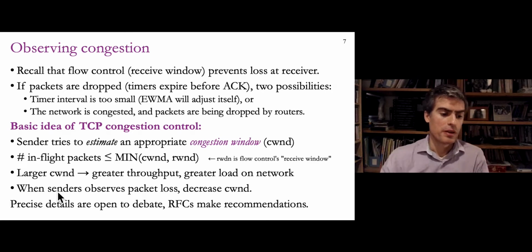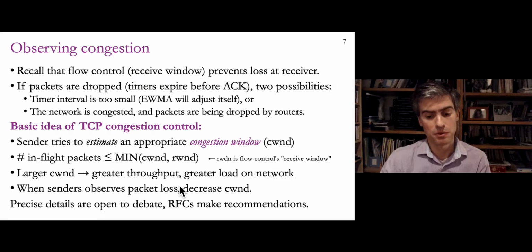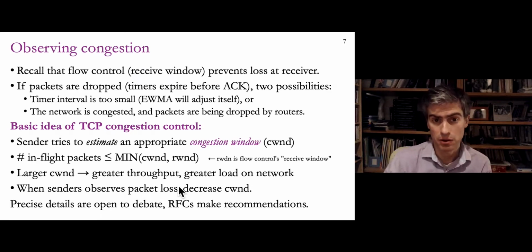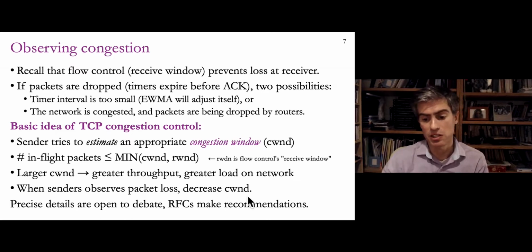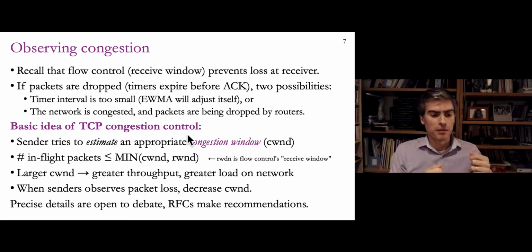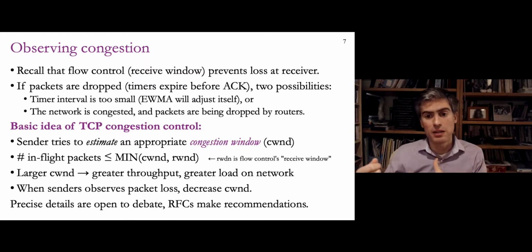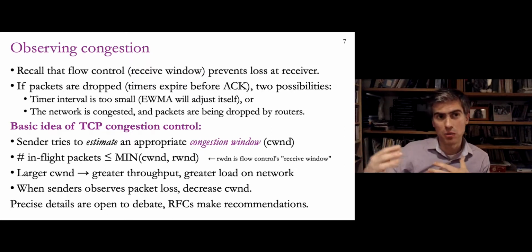But you might go too far. If you do go too far, then you'll see packet loss because you're sending too fast, you're overloading the network. And when you do observe packet loss, what you do in reaction is to decrease the congestion window. So somehow your TCP congestion control algorithm has to set this congestion window, estimate it, and raise it and lower it appropriately to adjust to dynamic changes in the network. And if it's too high, you'll observe packet loss, and that means you should probably lower the congestion window